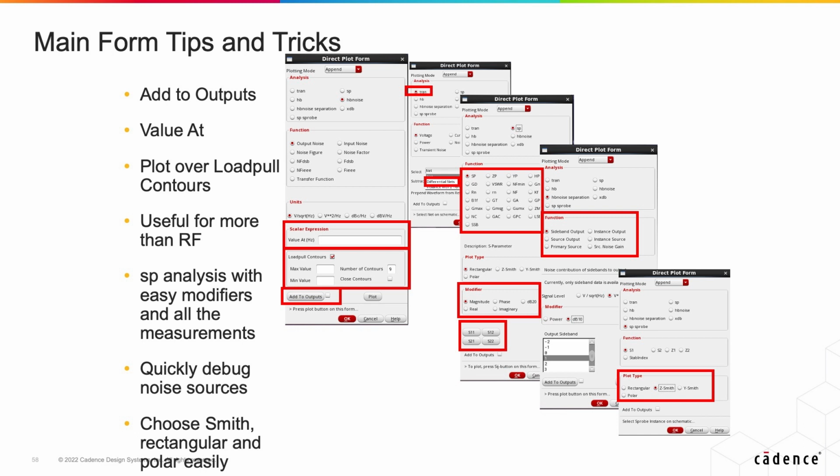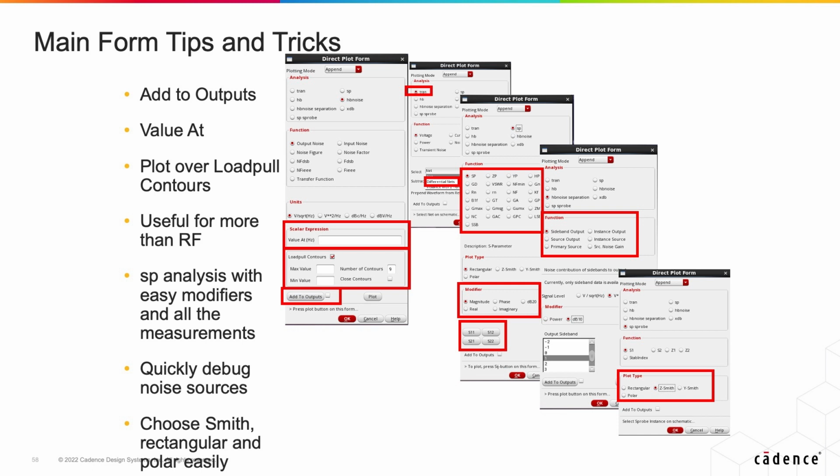And these are all kind of squished together, but I do want to say these are very good to know. If you do add to outputs, always remember that's a button, that's your friend. If you enable add to outputs, what it does is, I'll show you in the next section, it will actually write the equations of all of these in your other pane, in the assembler or explorer pane, and that is very useful because you do not want to type those equations. Definitely I don't, because I always mess up the parentheses and then everything's gone. So you want add to outputs if you want to be able to see the equations of all of these